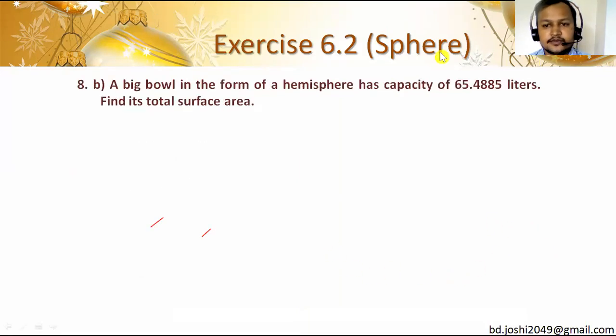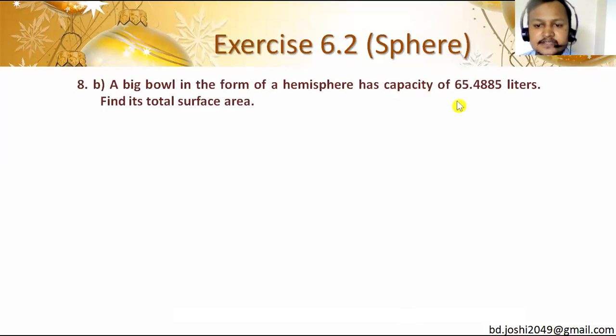Next question now. I moved to question number 8. I left 7 for you that you have to do yourself. A big ball in the form of hemisphere has capacity of 65.4885 liters. Find the total surface area. A hemispherical ball has a capacity of